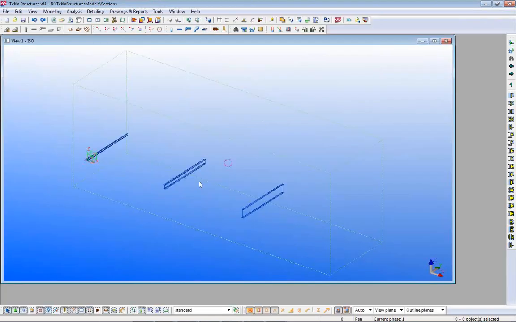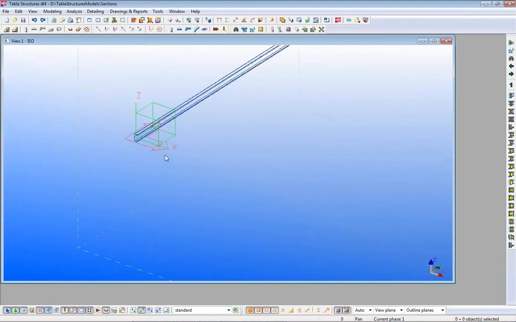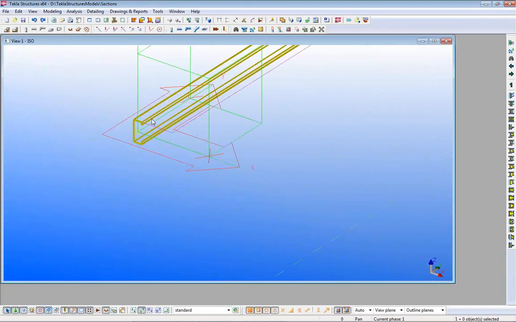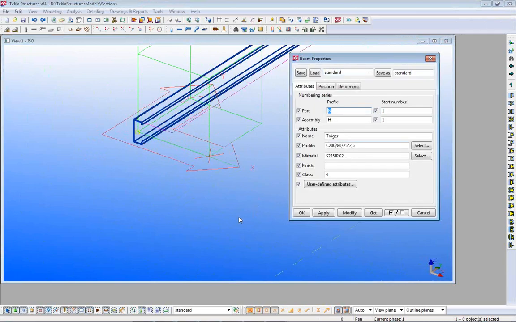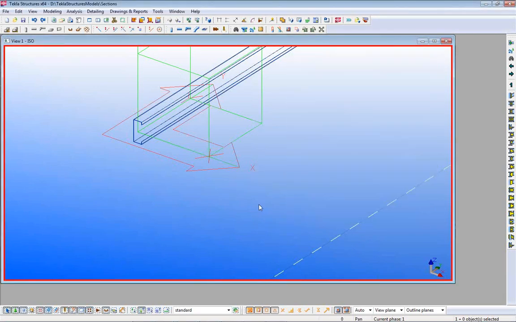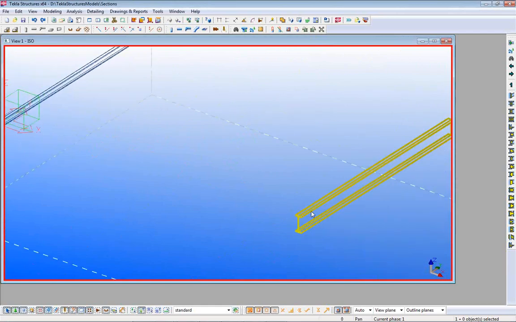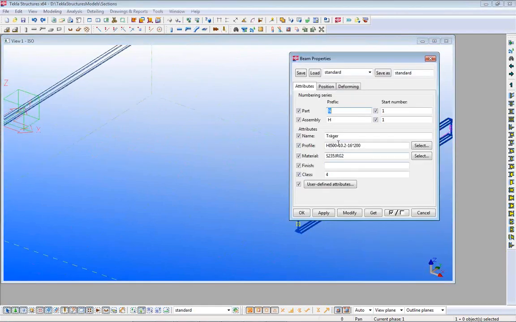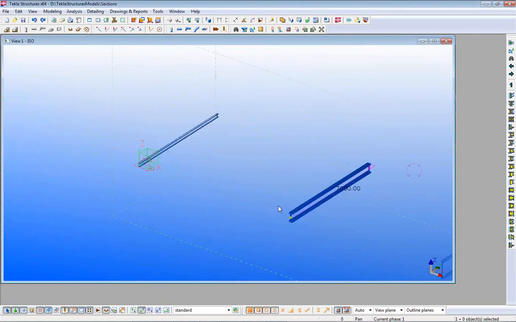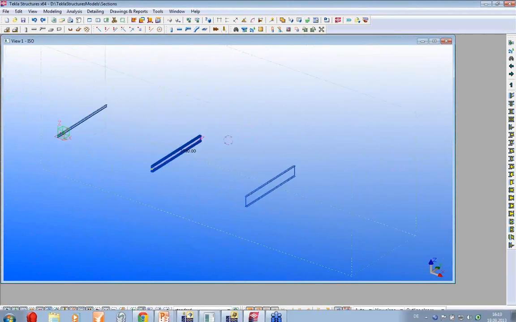This is a typical question, and it's not surprising that it comes up here as well. Here, for example, I have a few non-standard sections. For example, something like a C section, or sections with variable depth, parametric sections, and I can also